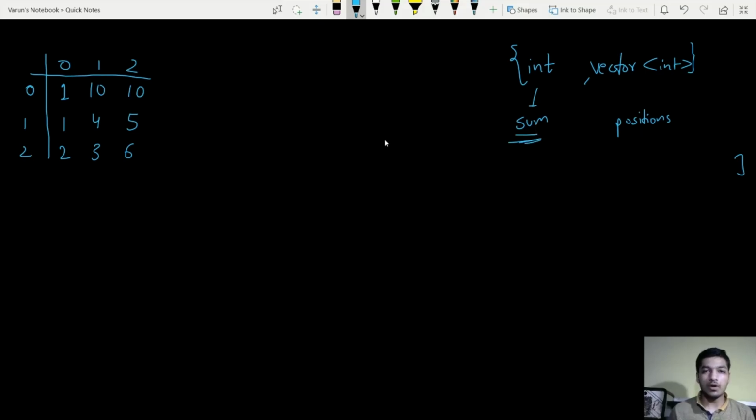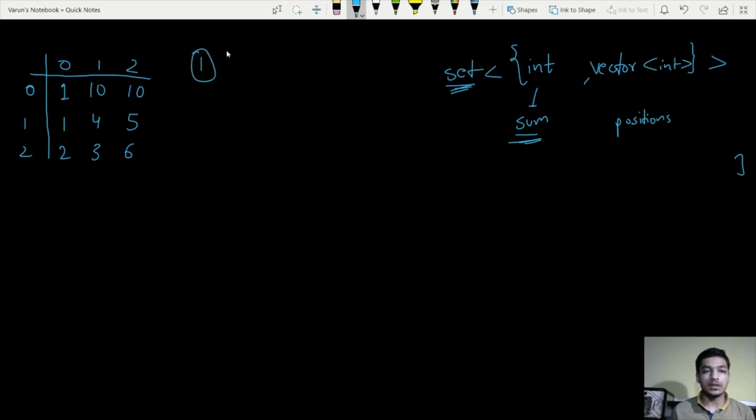Let's see what data structure we can use. We can use set or priority queue. Here we'll use set because a set gives us an added advantage that it doesn't allow duplicacy in it. For duplicacy in priority queue, you'll have to add extra conditions, maybe use a map. That's a bit more work. So we'll use set.